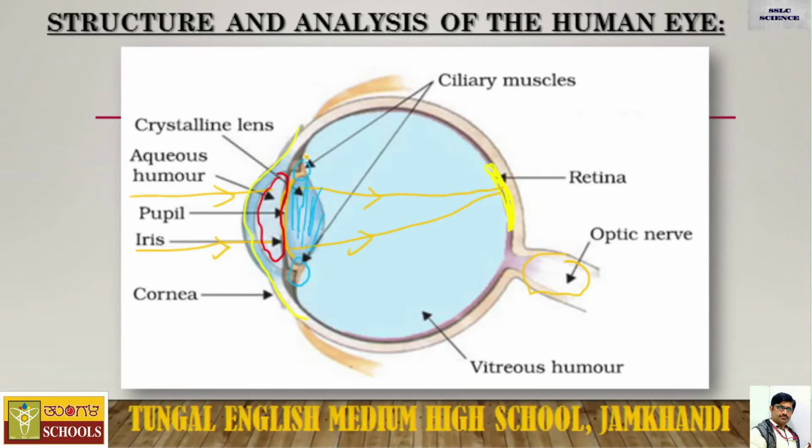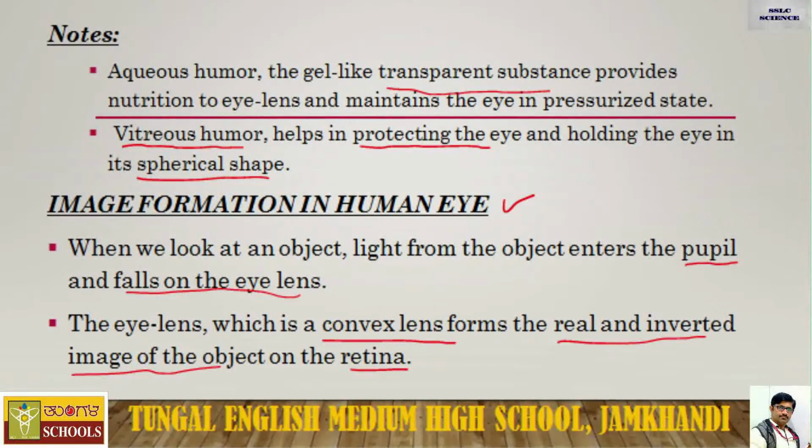As I said, this lens is a convex lens, therefore it converges the rays of light and hence forms the real and inverted image. The eye lens, a convex lens, forms a real and inverted image of the object on the